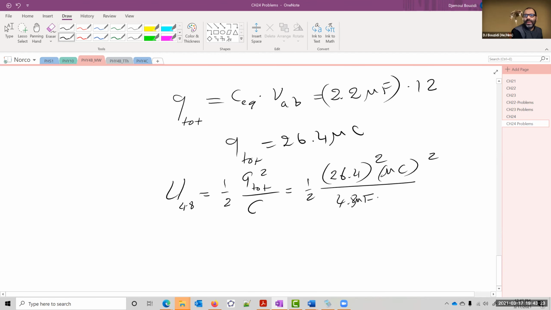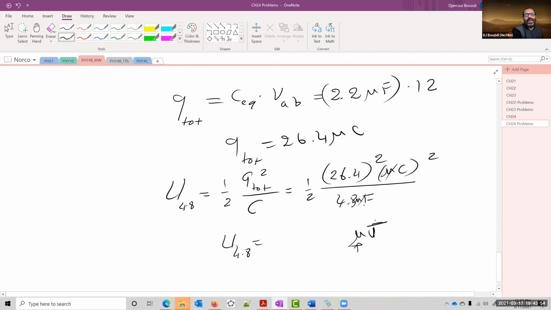Okay, the micro squared and the micro in the denominator will cancel, and I will be left with a micro coulomb squared over farad squared, and that's going to be joule. So the answer is going to be a microjoule of some sort, okay? So the units are microjoule. We know that. So I didn't have to bother with that 10 to the -6 anywhere, even for this case for the energy, because the micro squared and the micro in the denominator will be left with just one micro. And here it is.